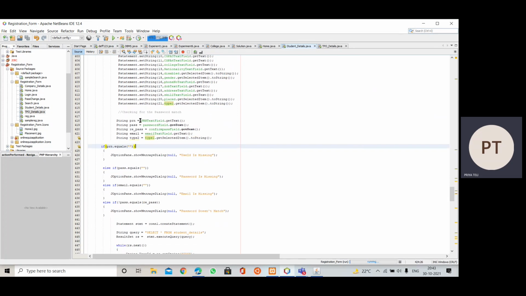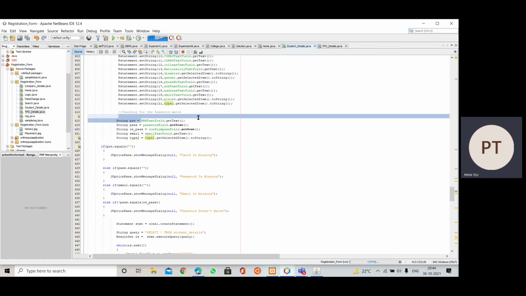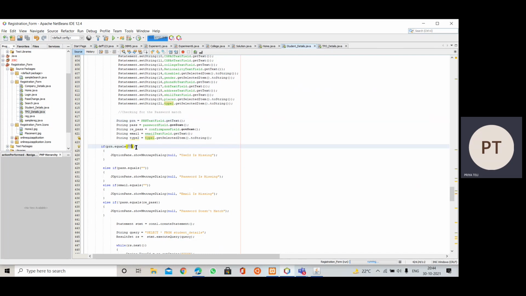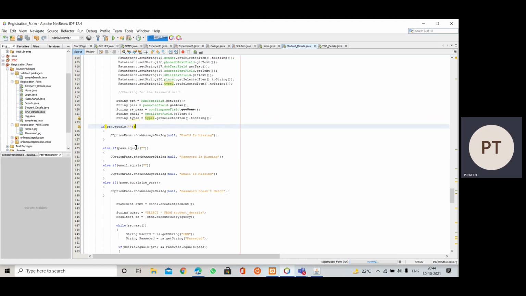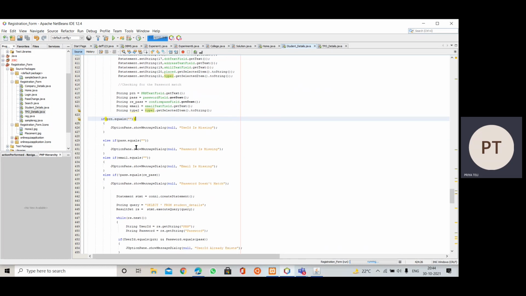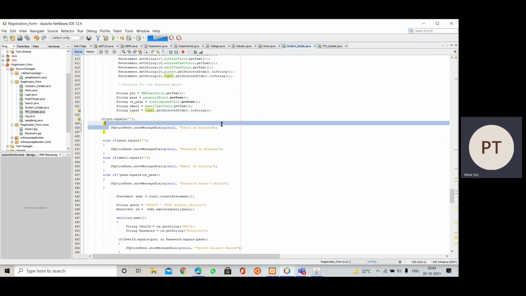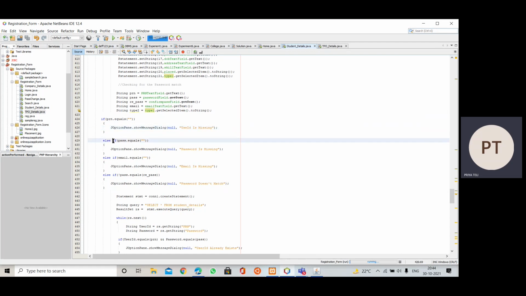With the help of this, we are going to check whether the data is inserted into the PRN text field or not. If these fields are equal to these empty braces, meaning the values are not inserted inside these text fields, then we are going to display a dialog box having the message user ID is missing, or if the password is missing, it will display password is missing.